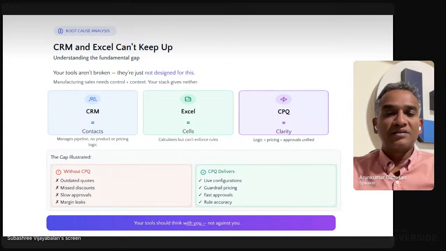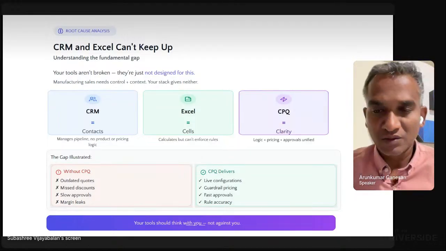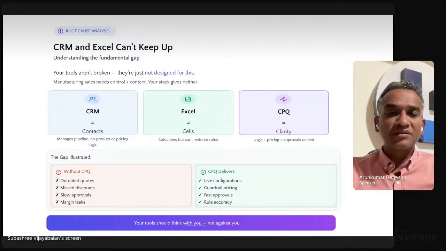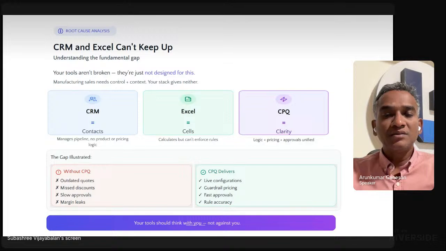And all the anomalies, especially if you want to give a discount beyond the limit, or higher discounts, or really lower your margins or commissions, can go to an approval rule. So it brings accuracy. If you have systems and tools in your company, they should work in your favor and not against you, isn't it?